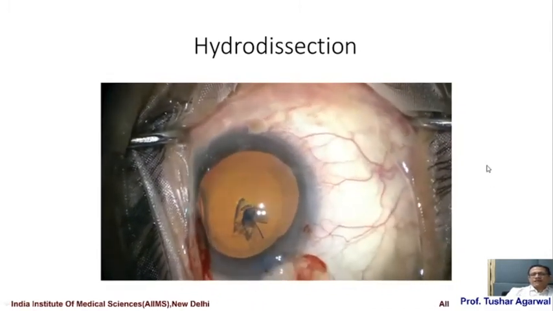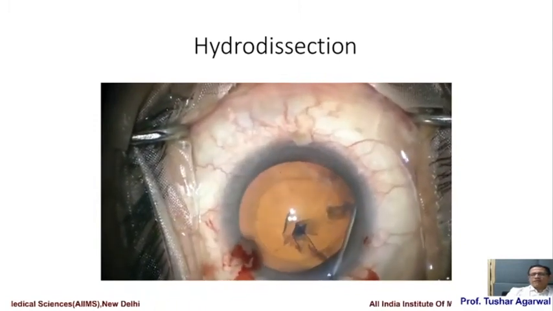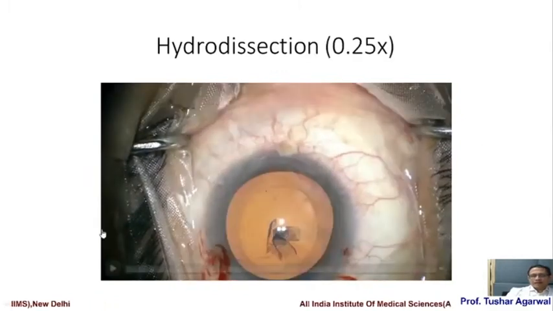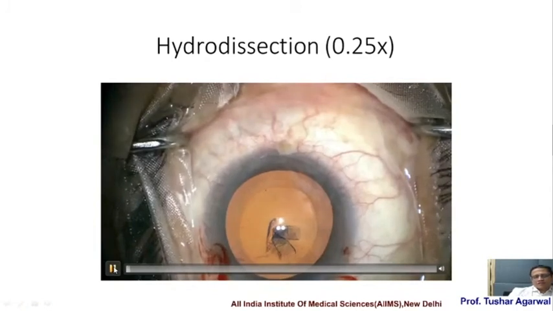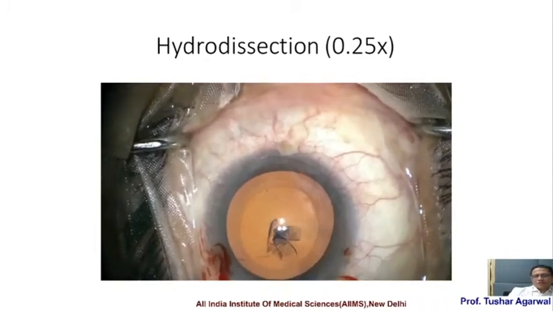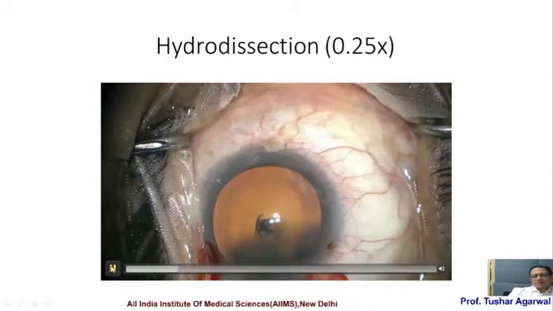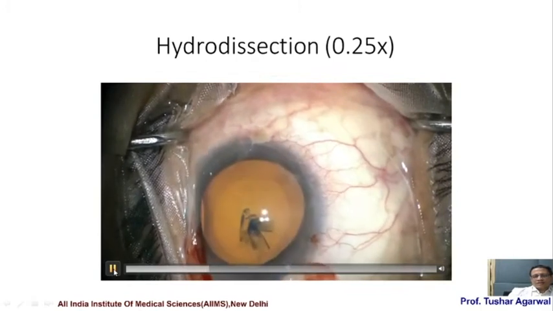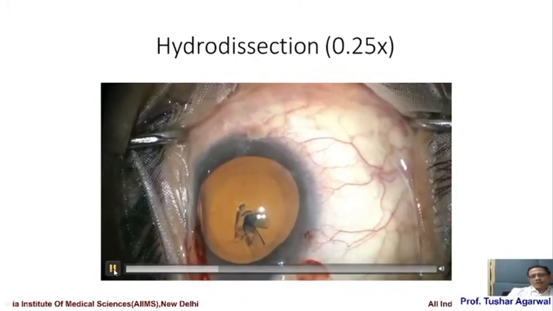So this is in real time. First you depress and you release the OVD, and then you inject the fluid below the capsule and you get the hydrodissection wave going. But again, we'll see it in slow motion to see all the small steps involved in this part. So the first is to depress. Remember, there is OVD in the anterior chamber. So you depress the main port and release some OVD, so it will decompress the anterior chamber and give some space in it for the fluid to go in the eye.